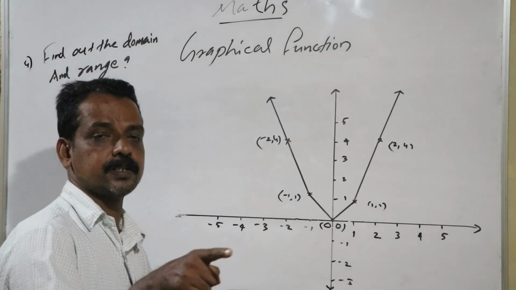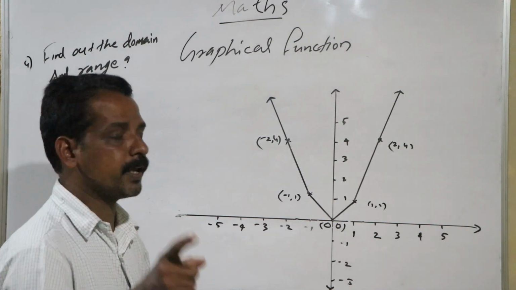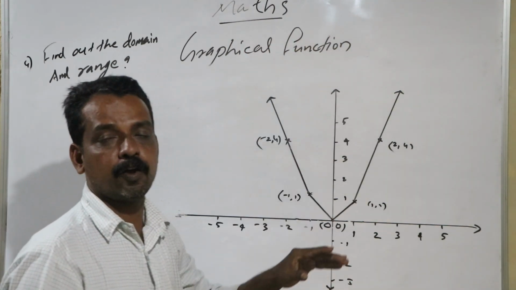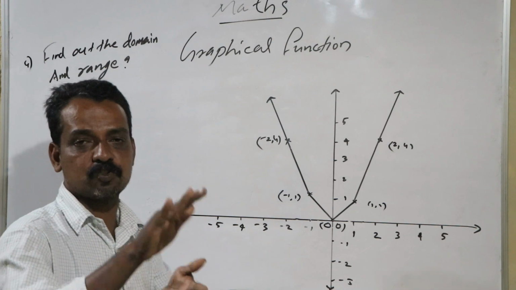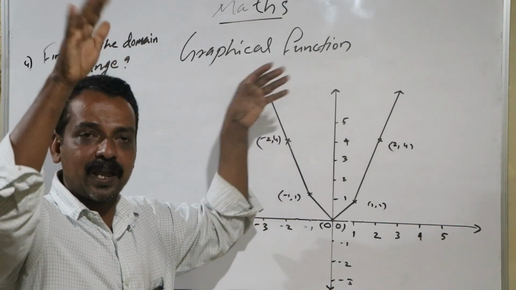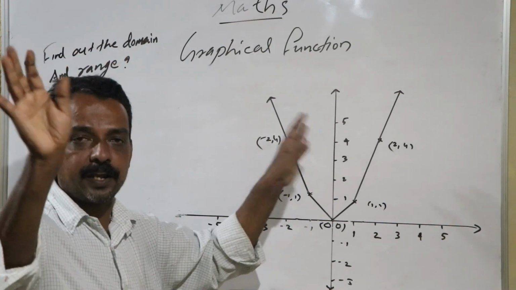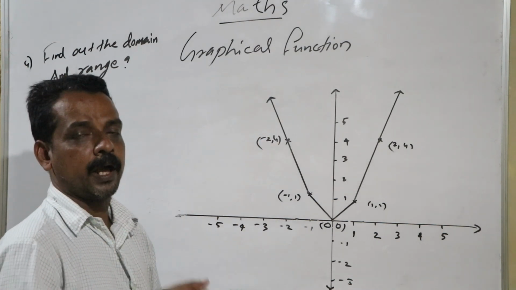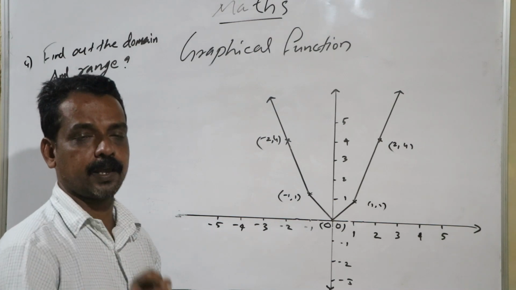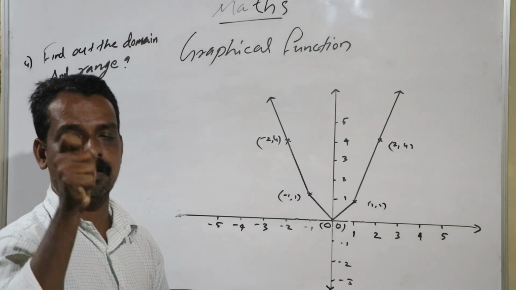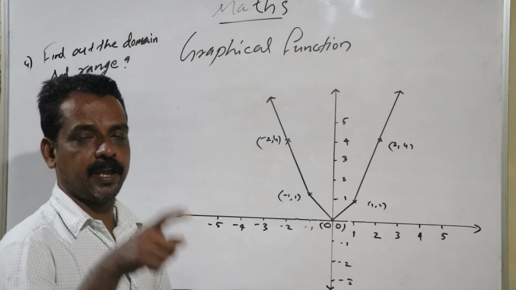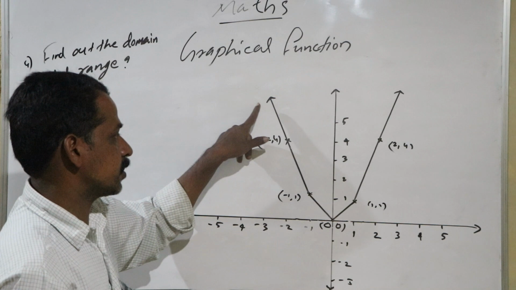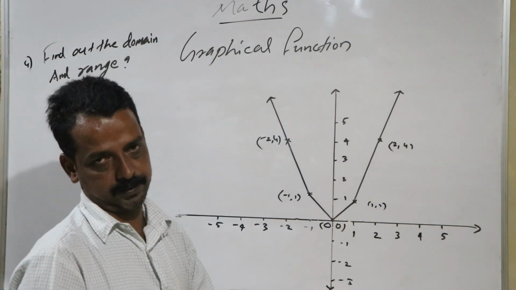And next we must find the end of the graphical line. The end of the graphical line does not stop. They are going up, going right, and going left. Okay? At first we must find whether the graphical line is perpendicular or not. Then we examine whether the graphical line has an end or not. Here there is no end, here there is no end.